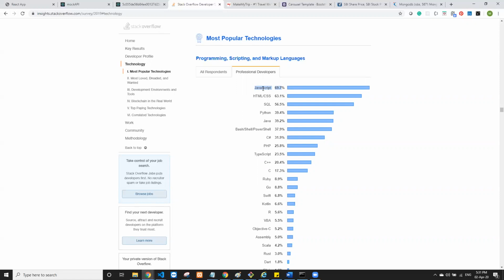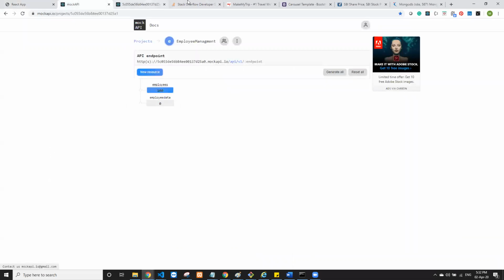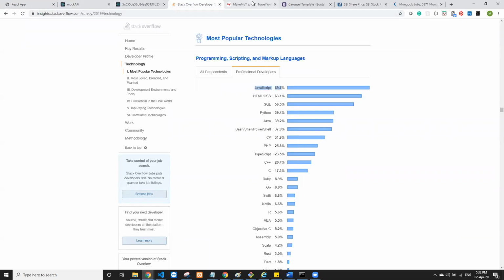Earlier it used to be Python, earlier it used to be HTML, CSS, but in a very short span of the last 3 to 4 years, JavaScript has excelled a lot. So what you need to do is be great with JavaScript and learn the MERN stack along with JavaScript so that you can create good looking and great applications that can fetch you a lot of jobs in the market. Yeah, so that's it about the introduction I had for this course and the content that we are going to cover.